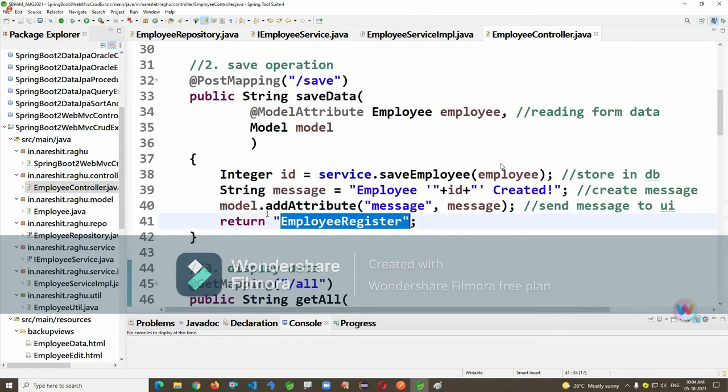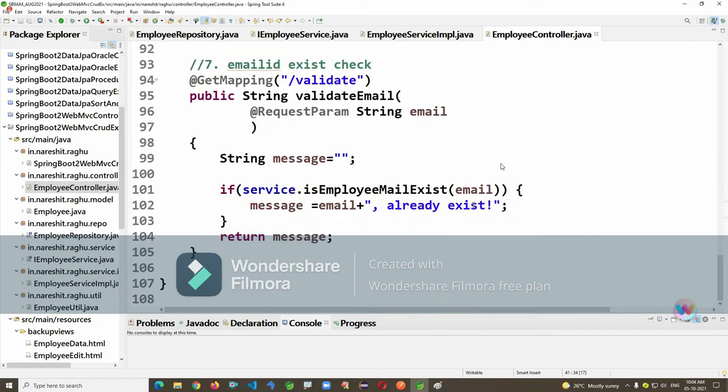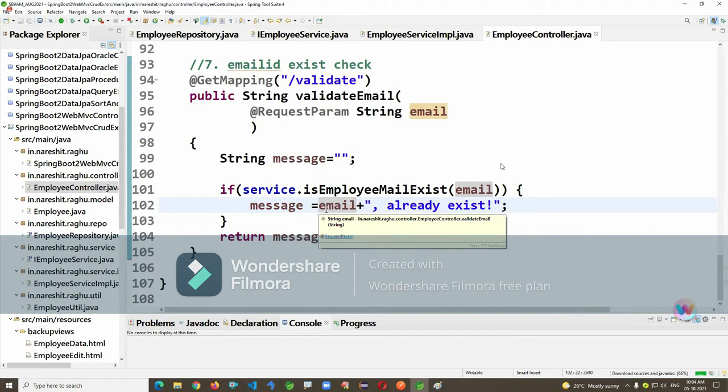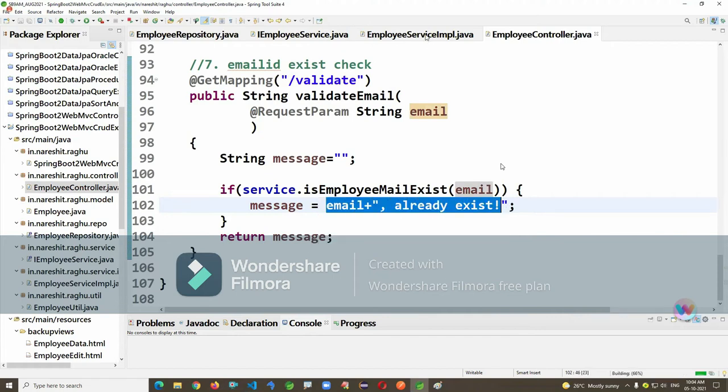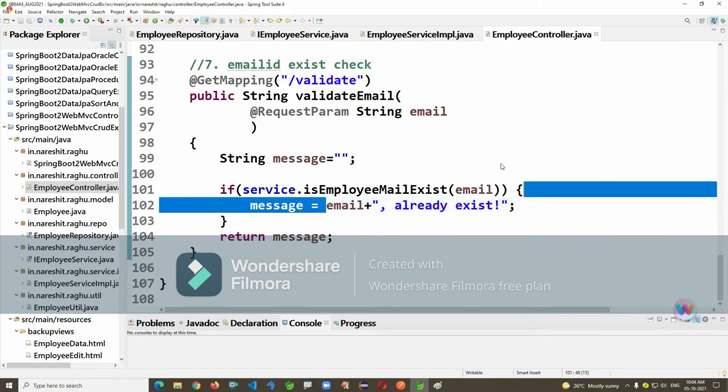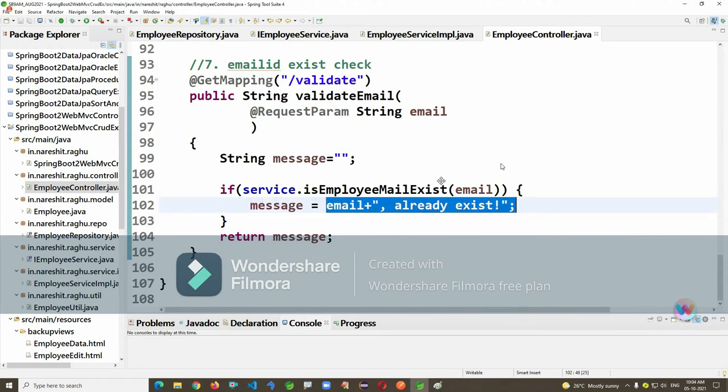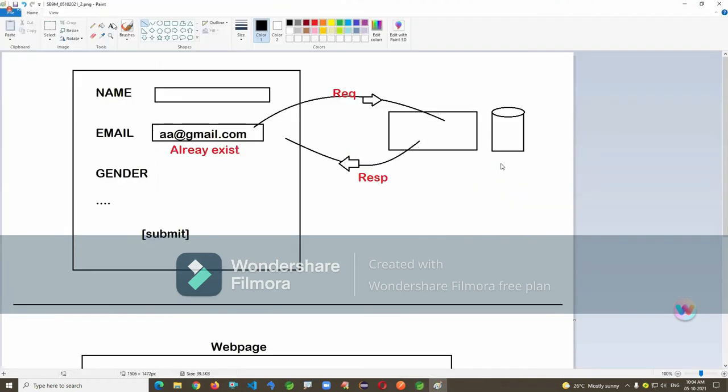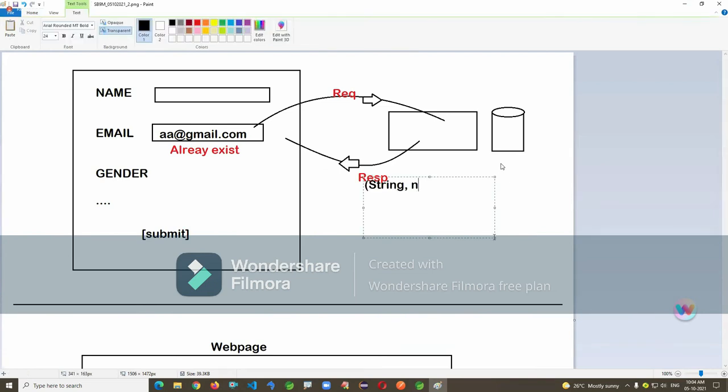Now the return type is an HTML file. Do you think this is an HTML file, like employee already exists.html where we have to go? No, it's not an HTML file itself, it is a response. See, we have to send a response. This time the response is actually a string, not an HTML file name.